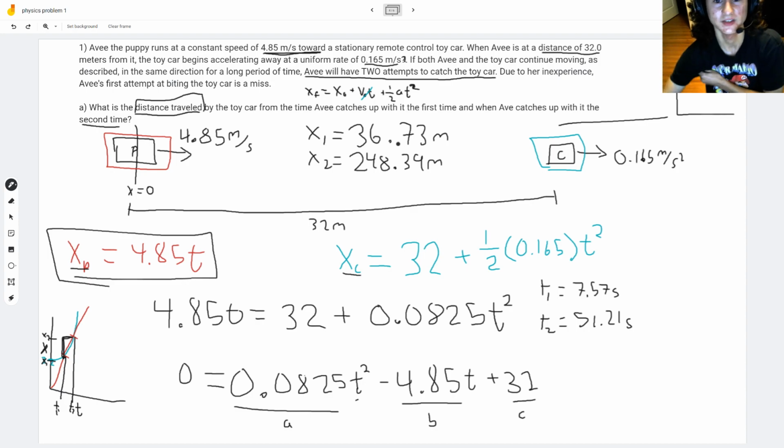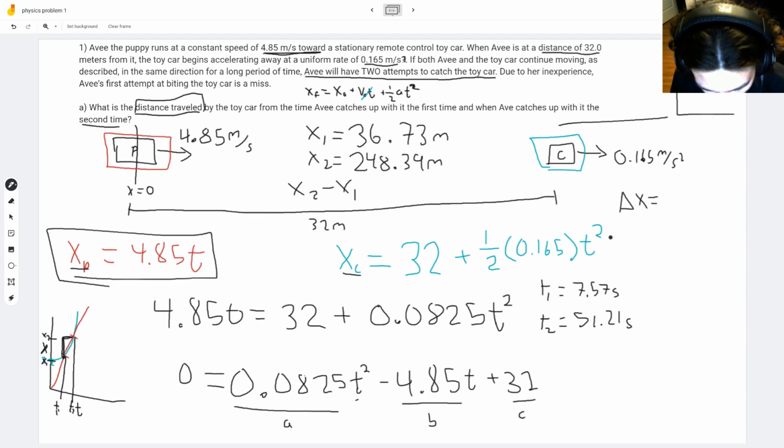So we want to find the distance in between these two values. We can do that by just taking x2 minus x1, which again is the change in x. So the change in x, which is going to end up being our final answer, will be, once we subtract these two values, 248.39 minus 36.73. Change in x will end up being, let me get a calculator out actually,